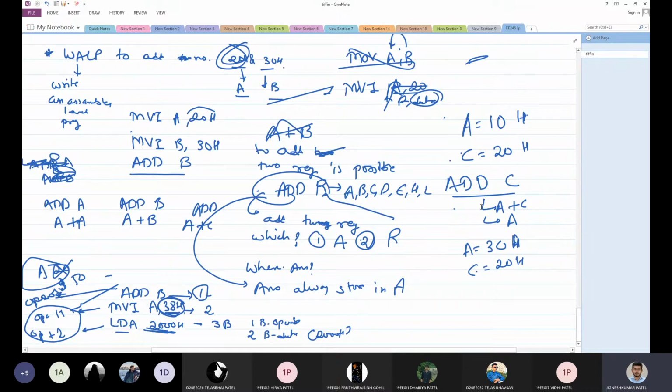Why? Because whenever addition is performed, the answer is stored in the accumulator. So the previous content of the accumulator was 10, and now the new number will be stored. So if your data is important to you, you have to take care to keep a copy of the content. Otherwise, this content is lost now. I don't know what my previous number was.